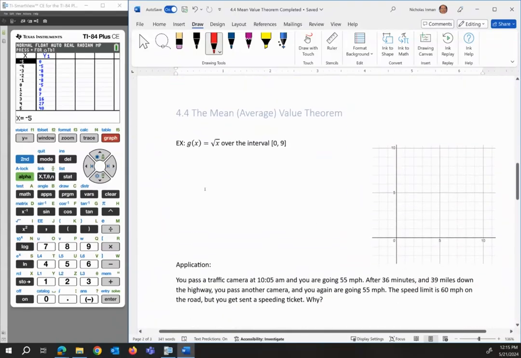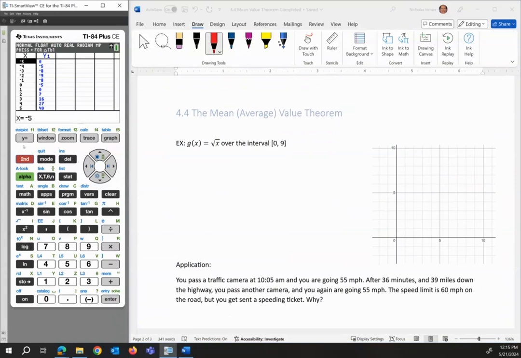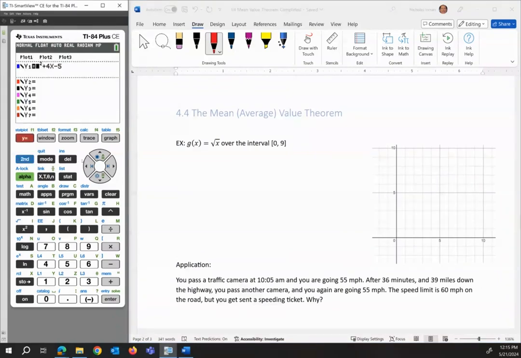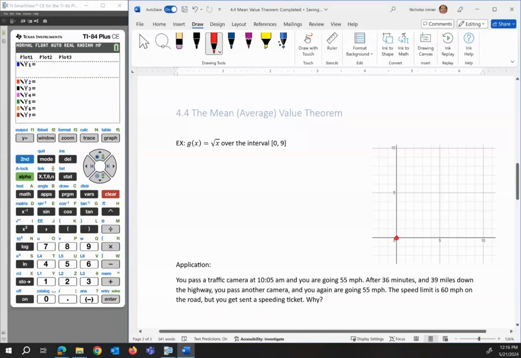All right, so let's maybe try this one. We got the square root of x from 0 to 9. I can do that one. All right, 0, 0, 1, 1, 4, 2, 9, 3. So if we just look at the interval 0 to 9, and